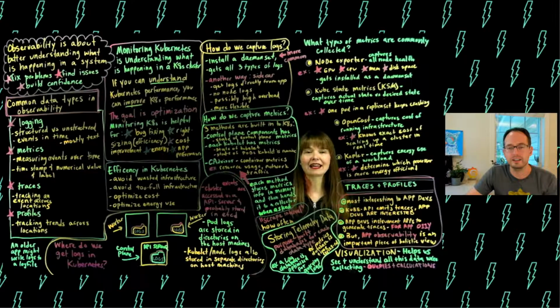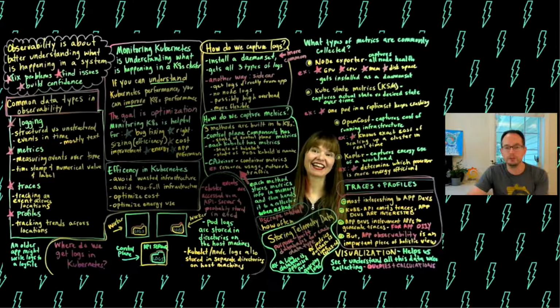Is there anything that I missed, or anything that in general needs to be said about Kubernetes observability? I think you captured it beautifully. I think it all sounds great. Yeah. Obviously, with all things, there are always little edge cases that change things a little bit. One thing that came to mind is you mentioned the compute side of things. Sometimes, most of the time, it's in the dashboard, it's in the visualization layer. Sometimes you can deploy things to the storage layer that will automatically do some of that compute. But rarely is it on the collection side, because you want that to be fast, you want that to be efficient.